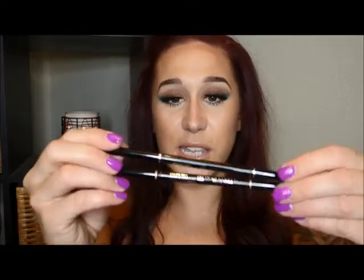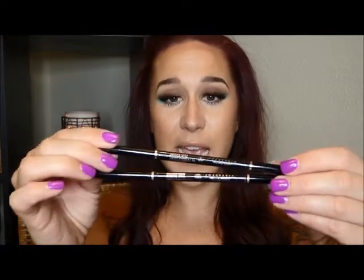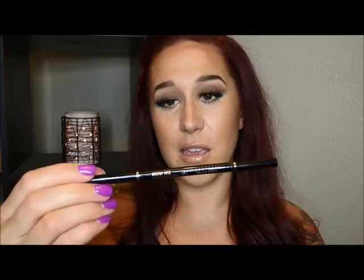Usually I kind of go back and forth. One day I'll do a pencil and another day I'll do a pomade. So when I'm doing the pencil, I use the Brow Wiz pencils, and what I like to do is take the brunette color and I use that to fill the outer tail of my eyebrow out, and then I'll take the color, it used to be soft brown but now it's medium brown, and I'll take that and fill in the inner corner